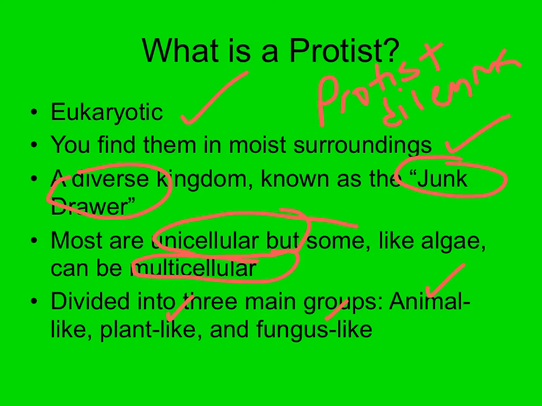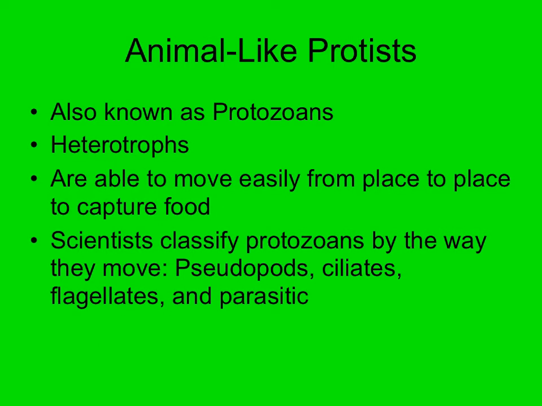But right now, this is kind of what we're stuck with, these three main groups, and that's how we'll move forward. However, in the readings, in chapter 21, you'll see more discussion about how scientists are looking to reorganize this kingdom moving down the line. So let's start looking at the protists by the primary method of division that we just mentioned in the previous slide, and that's basically into animal-like, plant-like, or fungus-like protists.